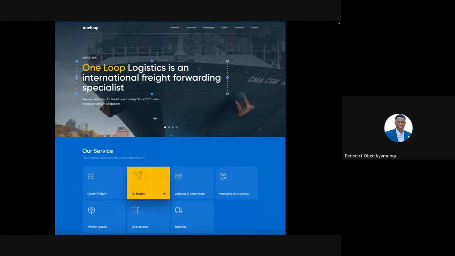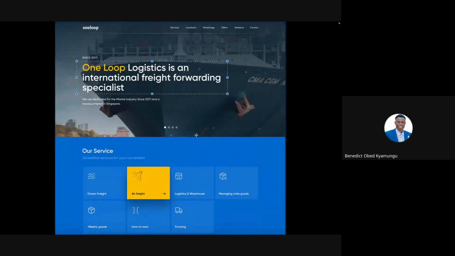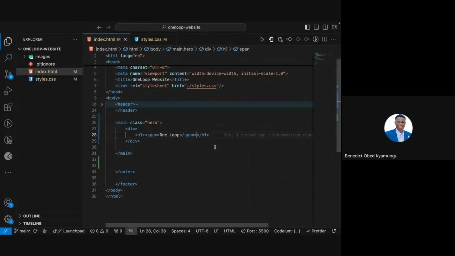Okay, and now add the remaining words outside the span. I'm now going to add the remaining text: logistics is an international